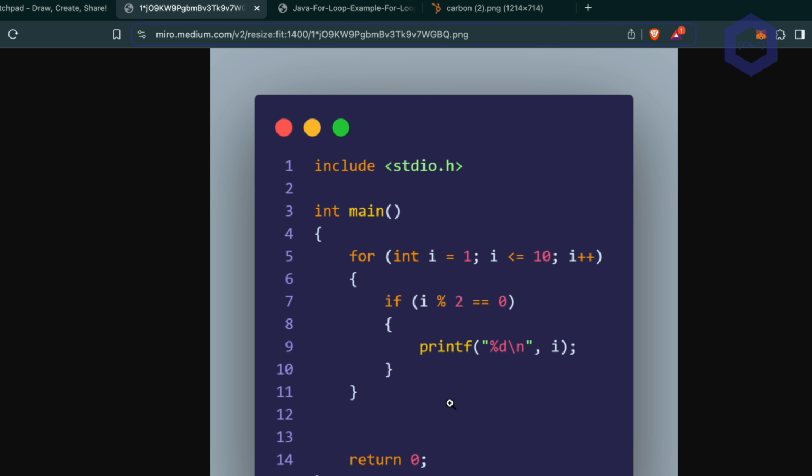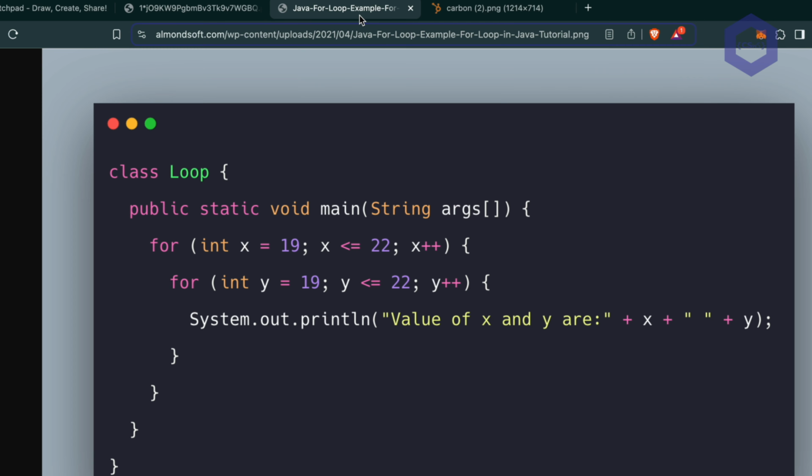So it's written in C, and then we can also see a similar example in Java where we are iterating from 19 to 22, and then we are having another loop. So here also you are seeing curly brackets, one curly bracket opens here, then there is another one. So you can see it's a nested loop. One loop is this and the second loop is inside this loop, and then we are printing the values of x and y. So it's an example of curly bracket usage in Java,